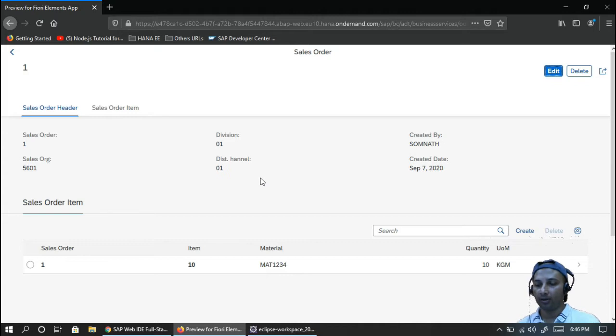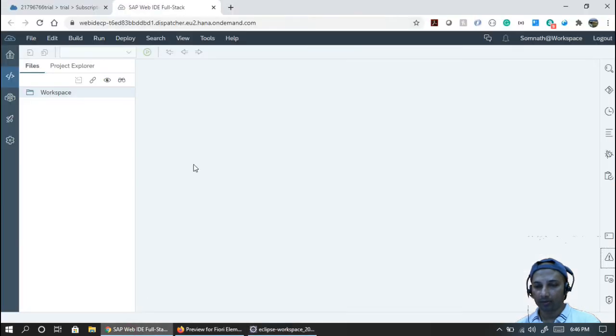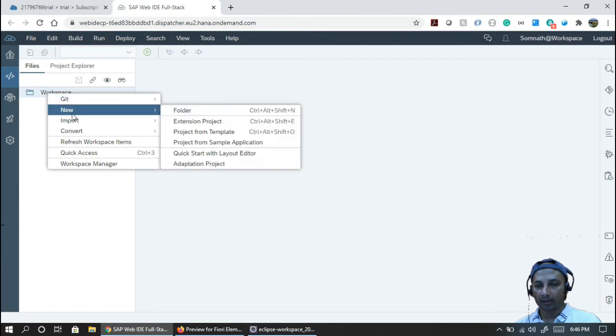And we have to create a complete transactional application using Fiori elements, right? Okay, so to do that, let's go once more to Web IDE. Right click, create new, and you have to do a project from template.